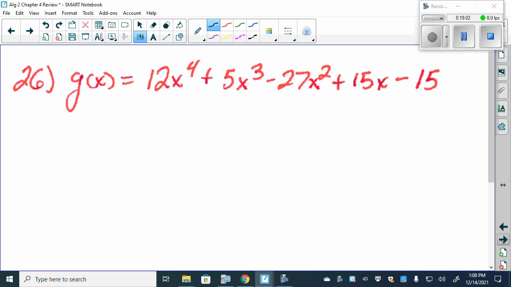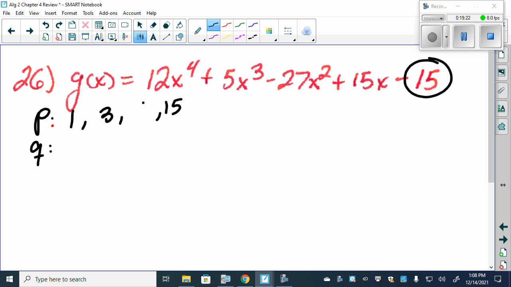Okay. So when we write this here, p is the factors of the constant term and q is the factors of the leading coefficient. Our constant term in this case is 15. The factors of 15 are 1 and 15 and 3 and 5, so 1, 3, 5, and 15. Now the leading coefficient is 12. So our factors of 12 are 1 and 12,